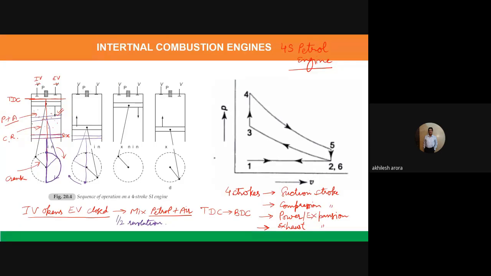what is happening actually? We are basically compressing the mixture of petrol and air. This compression will reduce the volume of petrol and air till the piston reaches the top dead center, up to this particular location. So basically, all this volume which was sucked during the suction stroke is now compressed to this much part only, here only. So what will happen when we are compressing the mixture of petrol and air?